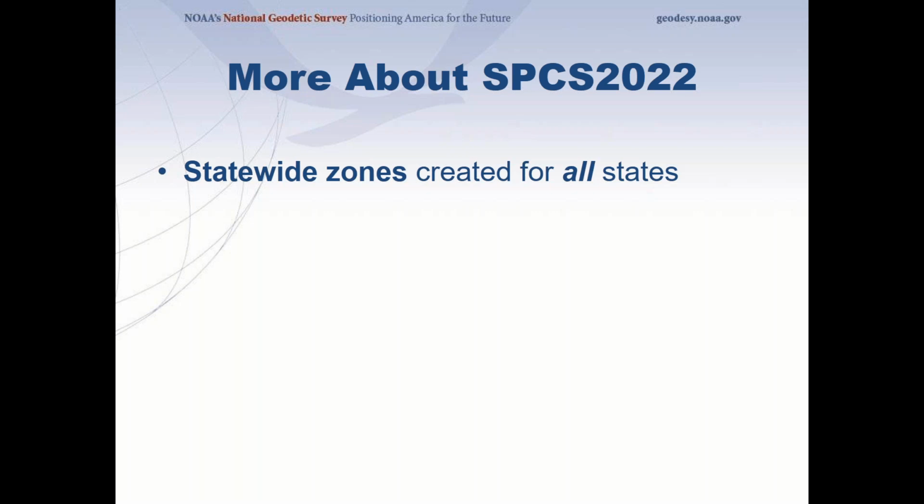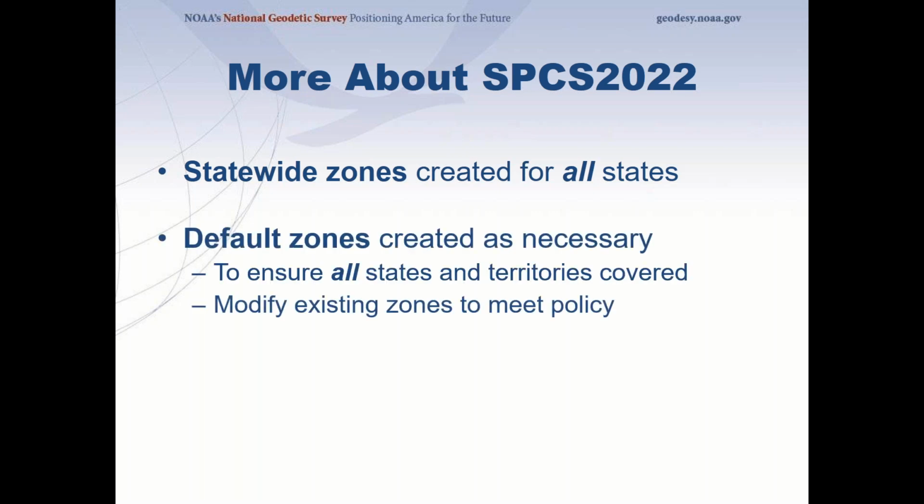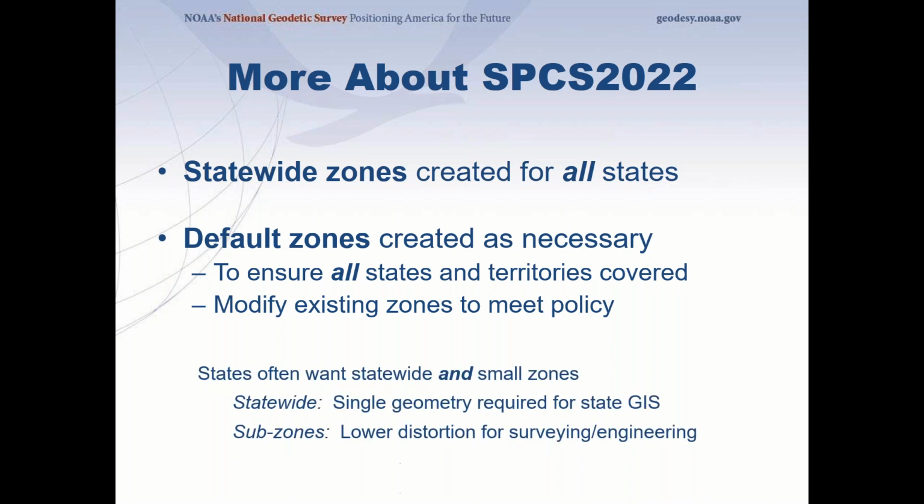If you notice in the 27 and the 83 state plane coordinate, we didn't have all the states with zones. They had different zones. So we're also going to keep the default zones if necessary to ensure that all states and territories are covered. We'll have a statewide zone, plus they can have default zones. And the reason for this is that statewide zones will help the GIS users